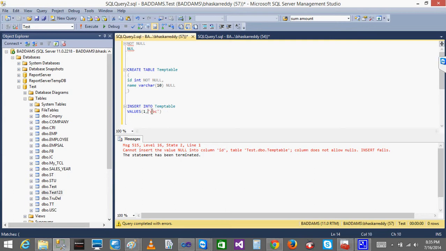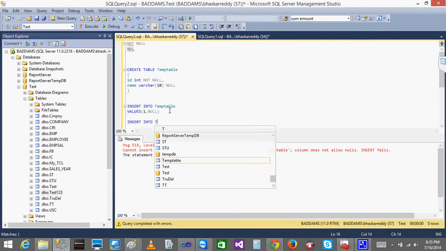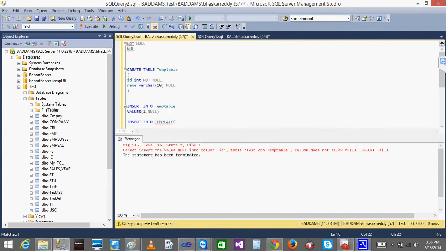if I give id as 1, but insert null values into the table, this one and this both are the same. Insert into temp table.